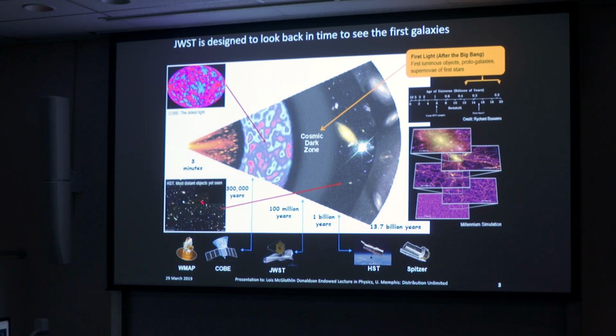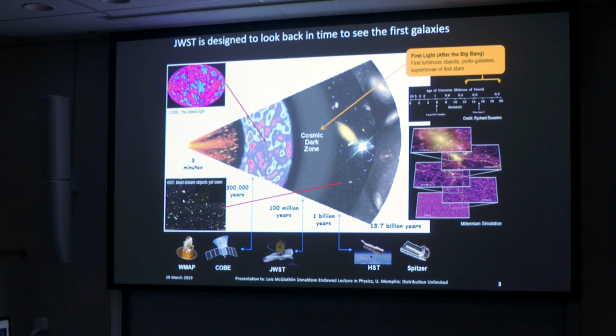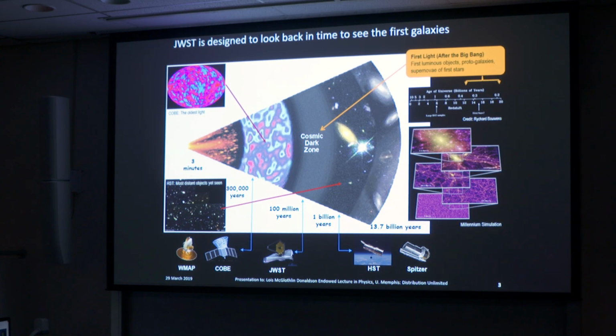This image, back in the 1990s, was the deepest image that the Hubble Space Telescope had ever taken. The Hubble looked at a single spot in the sky for a long time to produce this deep image, and it was able to see back in time to a point where the universe was about 1 billion years old. So between this epoch, this is the fossil record of the universe, if you will, and this epoch, there's a mysterious unobserved epoch called the cosmic dark zone.